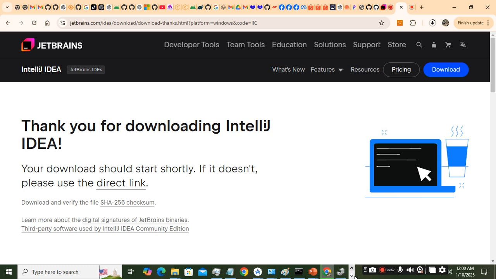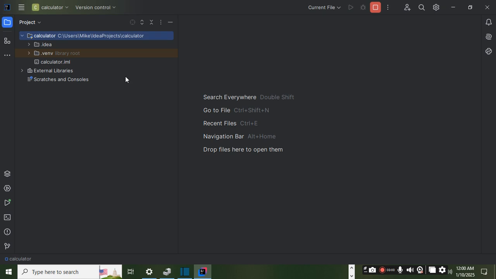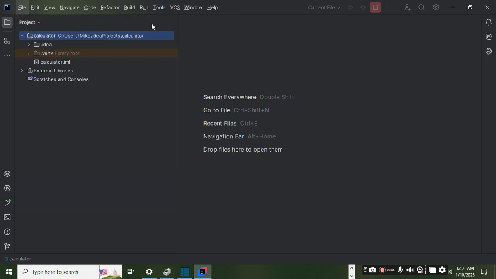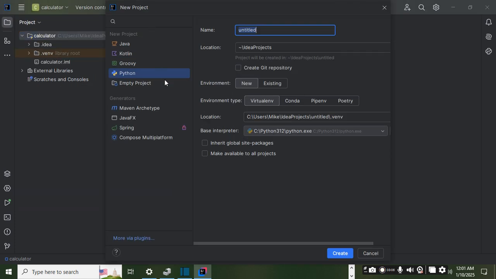So we open now the IntelliJ platform. Now here we are inside the IntelliJ platform. All we need to do is to create a project. Be sure you choose Python because our programming language is Python, and for the name, type in calculator. Seems reasonable, so we're building a calculator, so might as well name it calculator. Now upon pressing create,